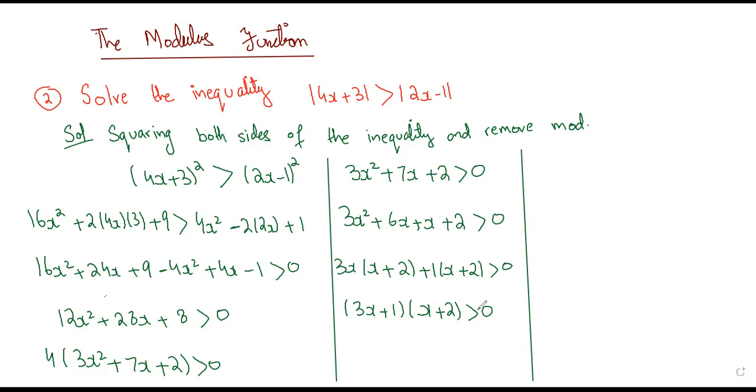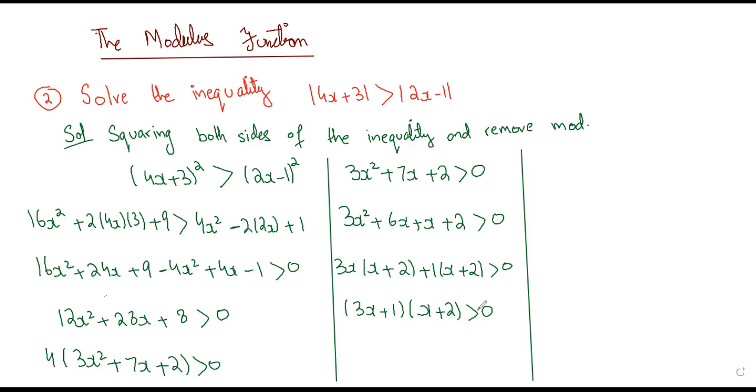You can't say that the two factors are 3x plus 1 and x plus 2 greater than 0. So you can't say that 3x plus 1 is greater than 0 and x plus 2 is greater than 0. It could be the other way around. It could be that both are negative, because when both are negative and they multiply, the negative numbers also give us positive. Okay. So one strategy and one method that works for this case is basically this one,